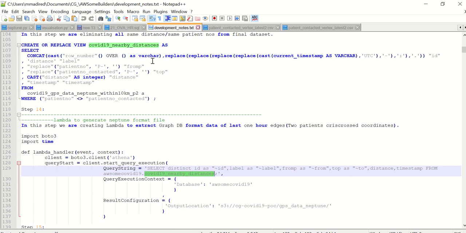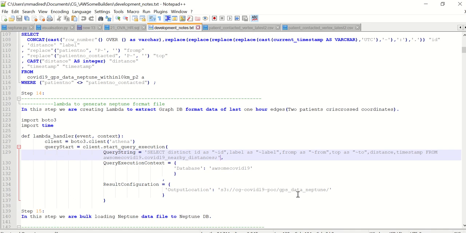This will be transformed into the format of edges, where relationships are inserted into Neptune DB. So this table is extracted, and it will be written to another folder in GPS data Neptune.